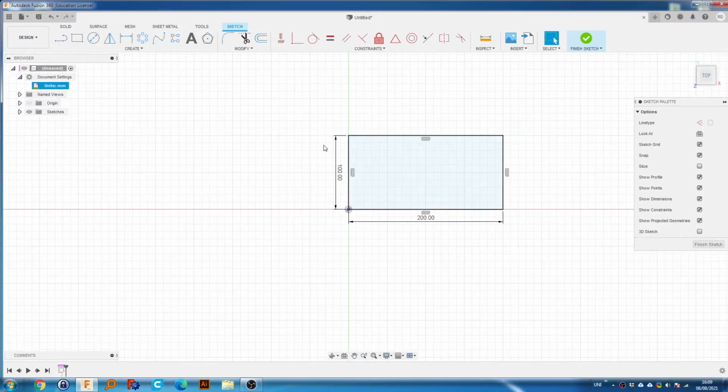Okay, so you can see that this box is black at the moment, and that is quite important, because if it's not black, you'll see this line is blue. And you notice that these are still black, but these two are blue. This is because this corner has a constraint, and it's very, very recommended that you keep all lines of your design fully defined. Fully defined means that Fusion knows exactly how it should be